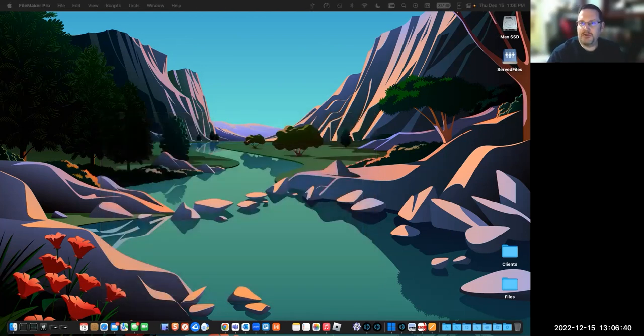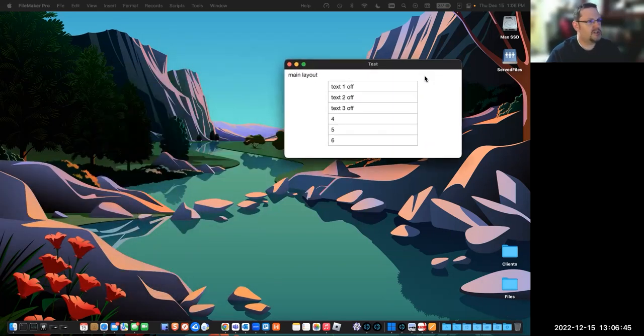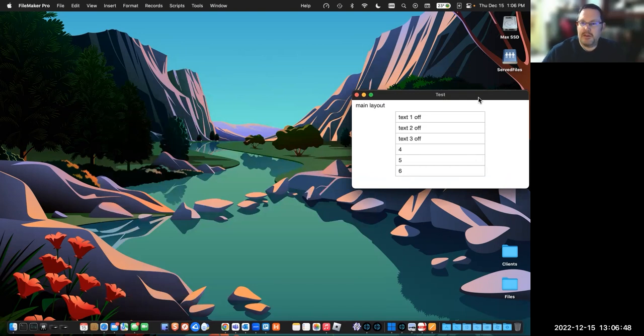So now let's get to the big star of the show, and that is transactions. Now, for those that are not familiar with database transactions, I'm going to show a bunch of different ways of manipulating the same data, this data that we have here in 6 different fields. A transaction is when you tell the database, I want you to do all of these things or none of these things. So for example,